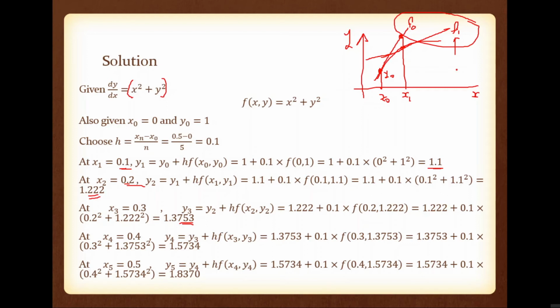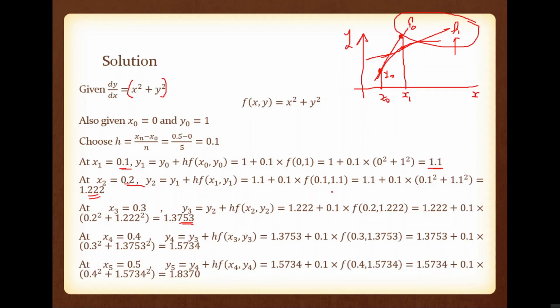So first you have to apply Euler's method. Without applying Euler's method, you can't find y1, and without y1 we can't find f1. Once we have y1, then we can find f1. Then by using that f1, we can find the average of f0 and f1. Then by using that average of f0 and f1, we can modify the value of y1. So now we are going to discuss the modified Euler's method, where we are going to use this concept.